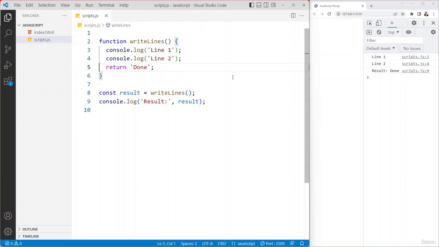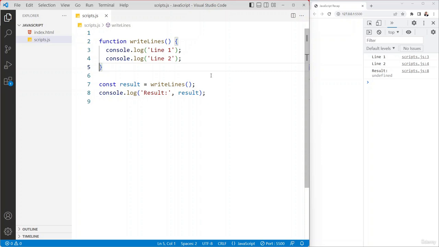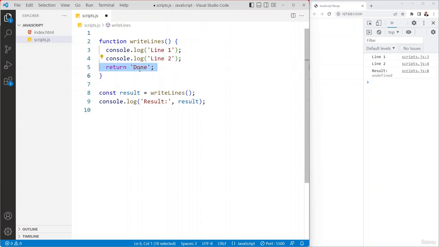So I may or may not use a return statement. If I don't, if I save, you can see my code still works, but as a result, what I'm getting is undefined because my function doesn't return anything. I could, however, return a value, but one important thing for us to keep in mind is that